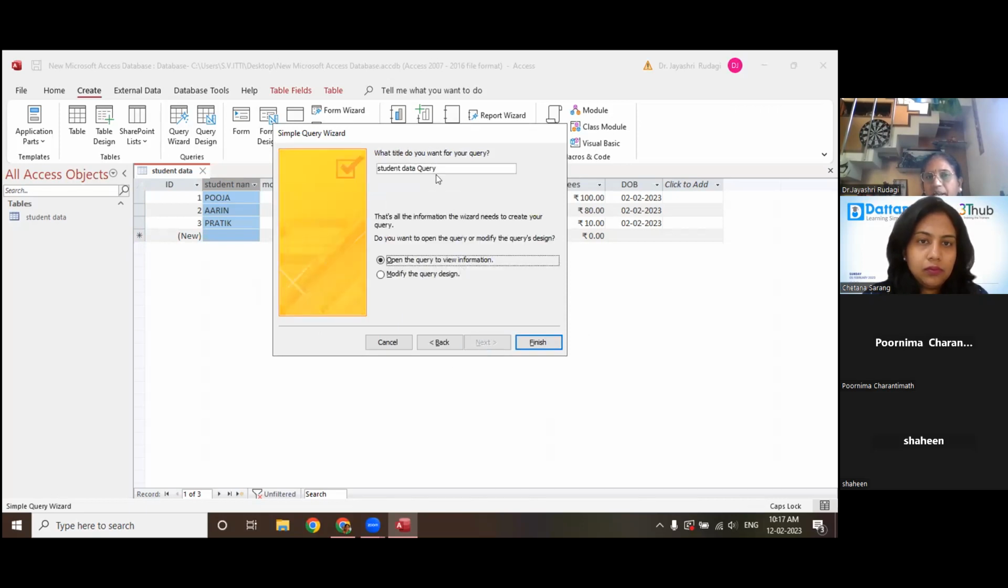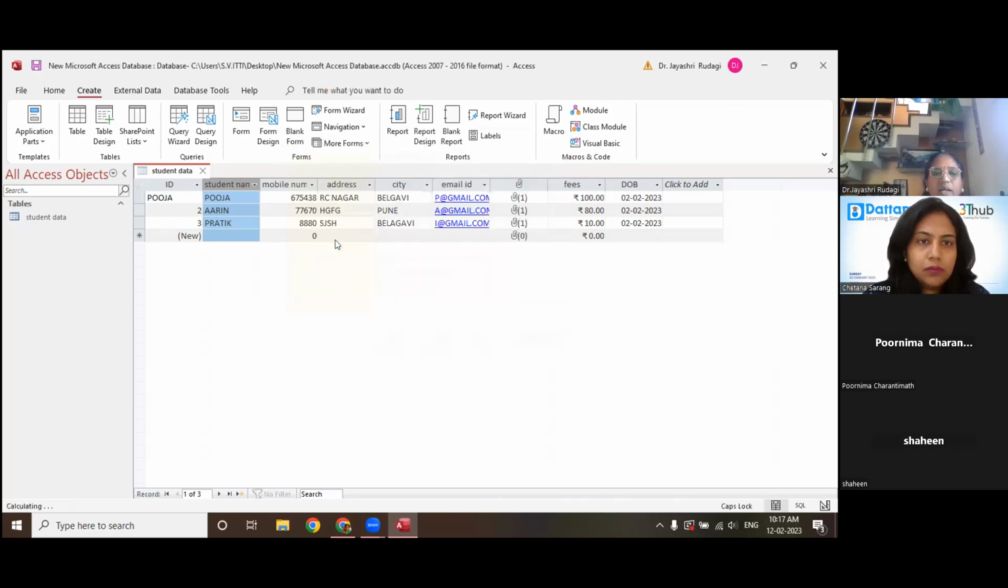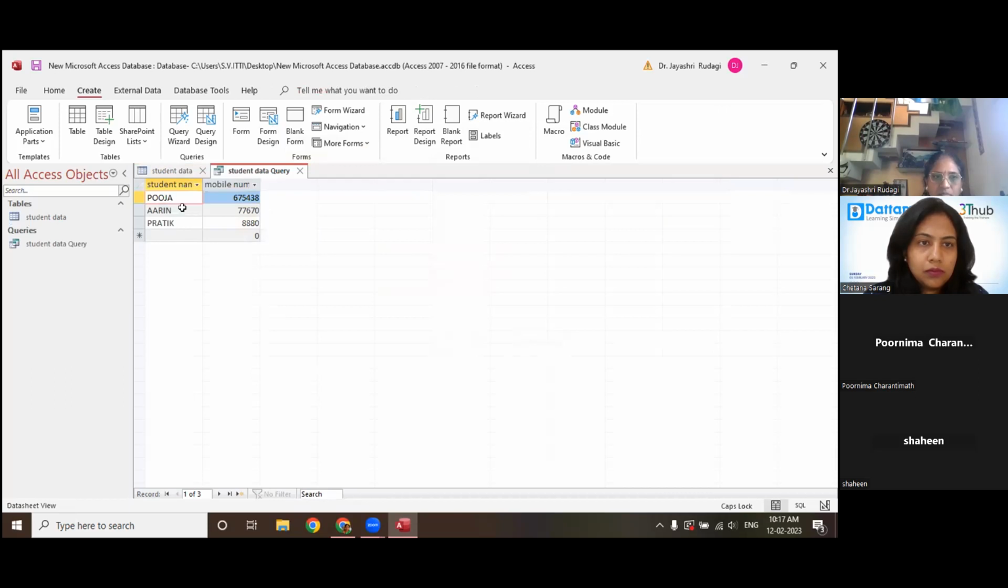So then what is the title you want to give for the query? You can type it here if you want to change it. So let me keep that the same. And now you want to see that query, how the student data query is created this way. The data fields which you want, you can select only those data fields. Or if you want another option, you don't want to take it from the table that way,